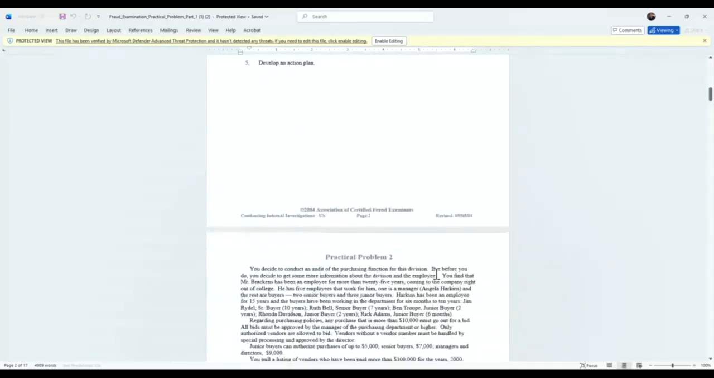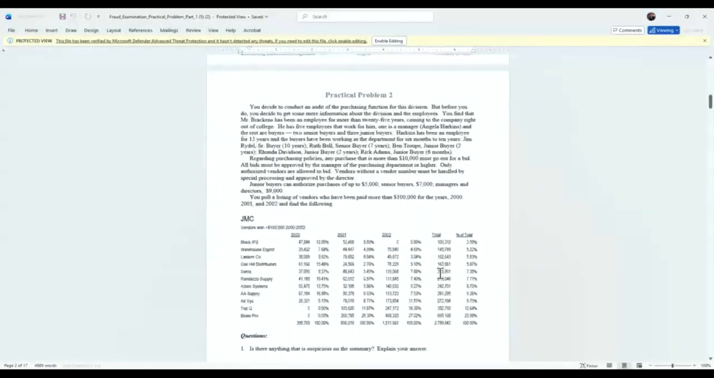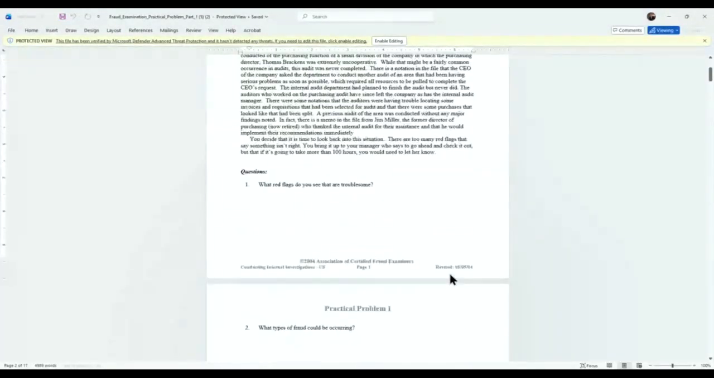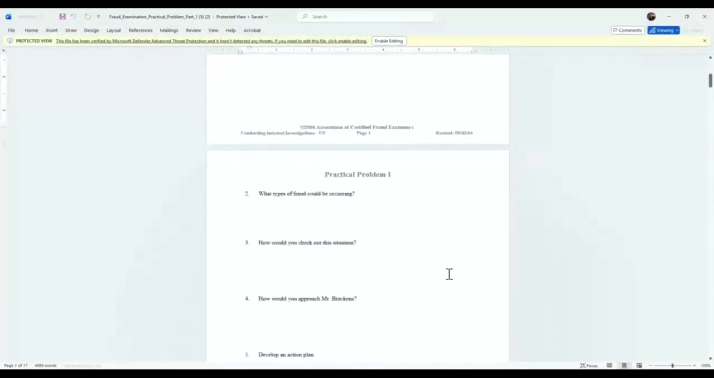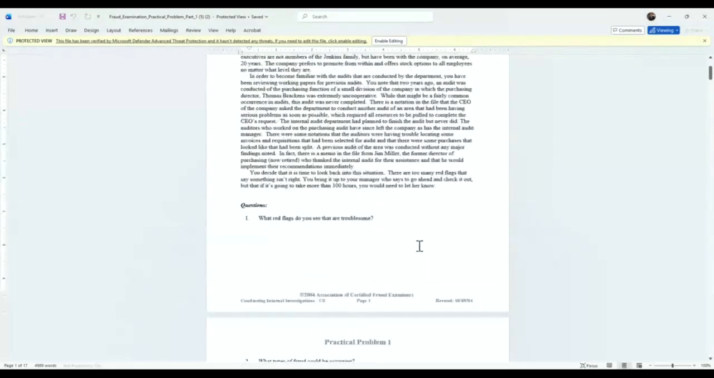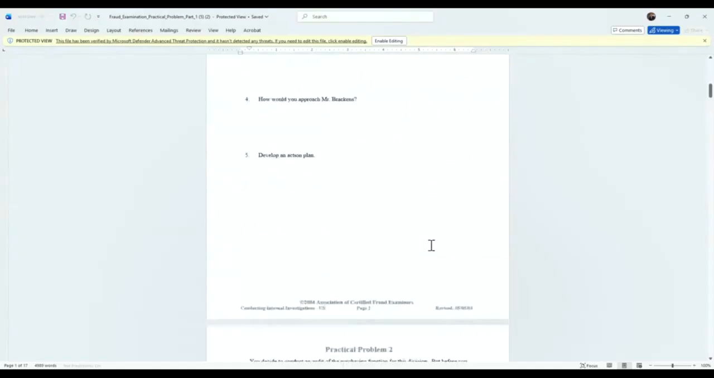Second memo will describe part 2. So you decide to conduct the audit of the purchasing function for the division. Oh, and again, you put into this part 1 memo that, as you said, how would you check this out? I propose we go back, and then put in that your boss said, yeah, go ahead and do it, but don't do more than 100 hours without telling me. Okay, cool. So part 2,